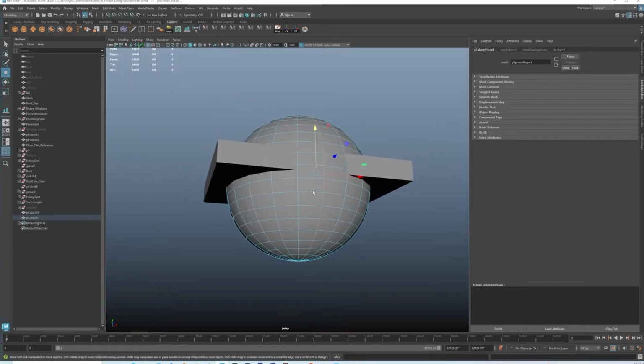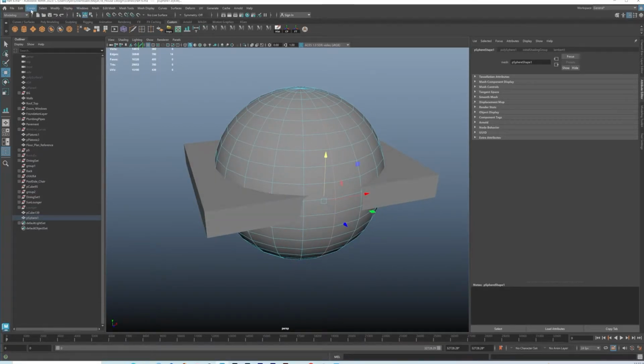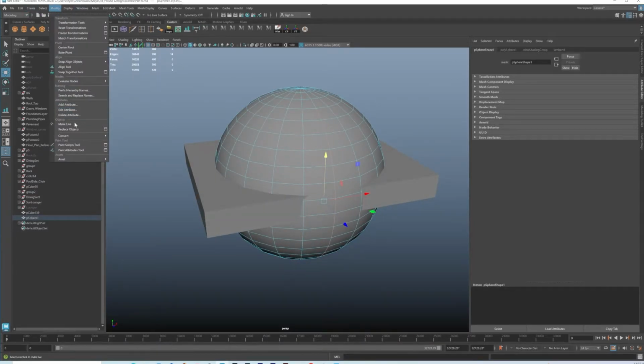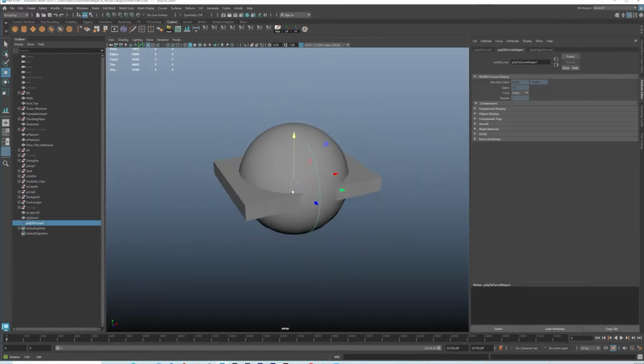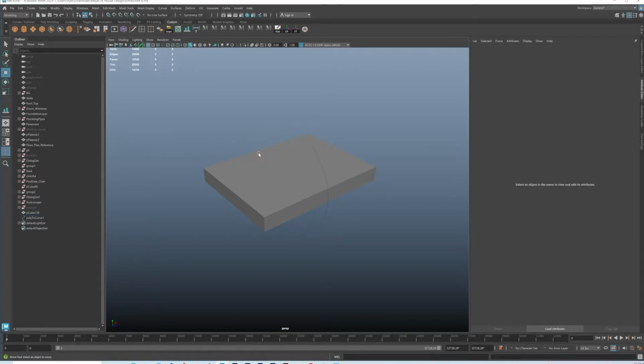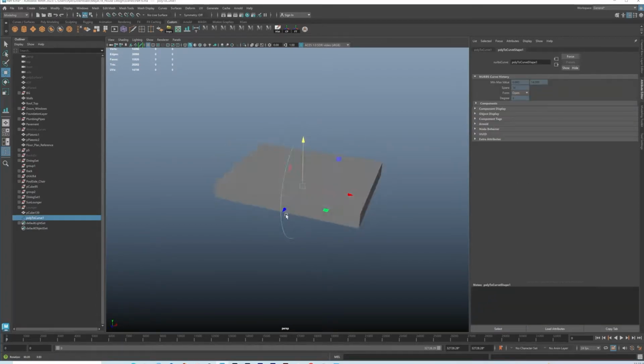So let's go to modify, convert. We go to, let me see, poly edge to curves. That's the one I'm gonna be using. Then I will delete this. Right now I have this curve right here. Let's delete history, and what I'm going to do is rotate it this way